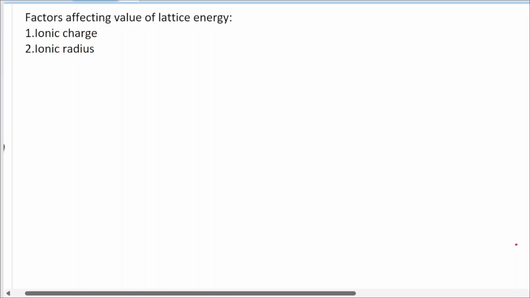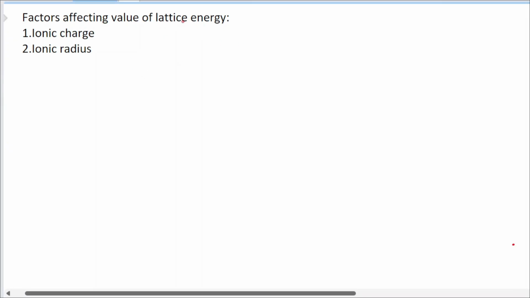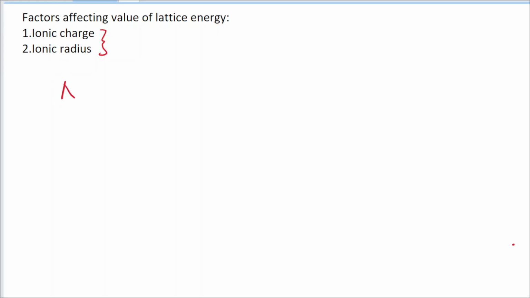Right, now we'll look at the factors affecting the value of lattice energy. So the two main factors that you have to know about are ionic charge and ionic radius. Let's take an example of NaCl, and let's take an example of